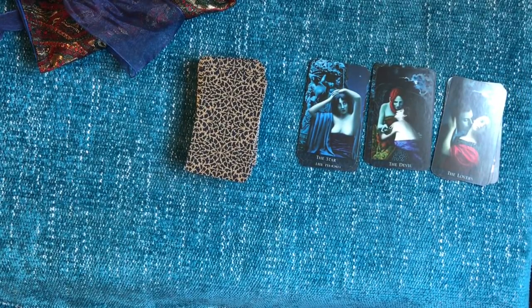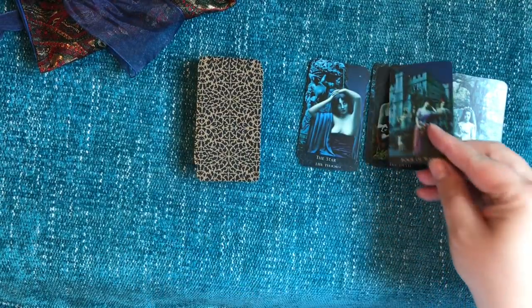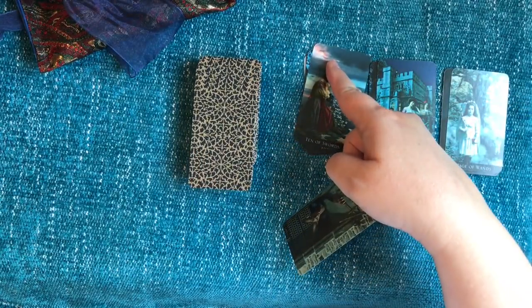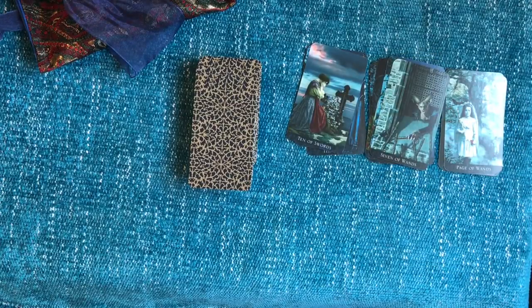It almost made me want to get it in full size, but I decided not to spend that money. I'd spend that money somewhere else. It's very dark. I love that bit of pink in the sky, though. Isn't that so fabulous, that Ten of Swords? But because it's teeny,